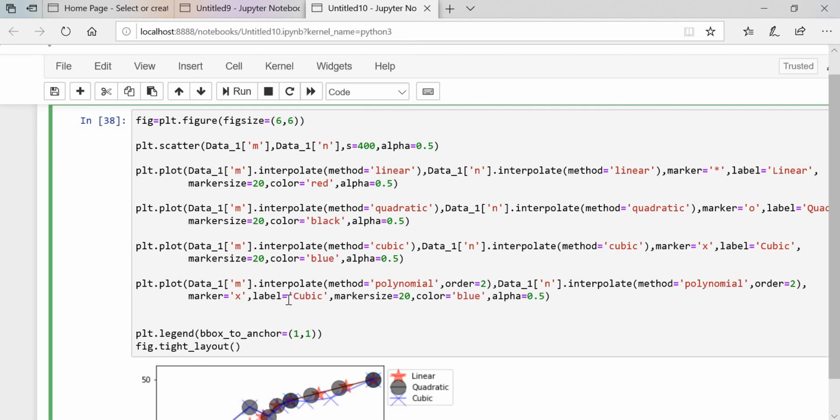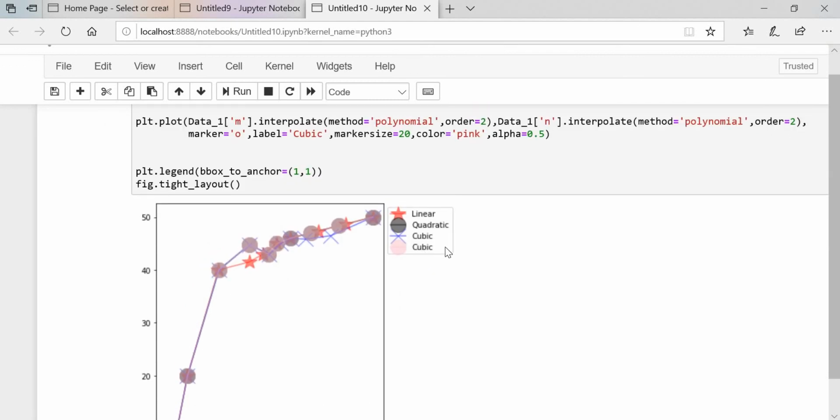The marker, let's say what should we put, anything, let's say round only, and I will put the color, let's say pink.